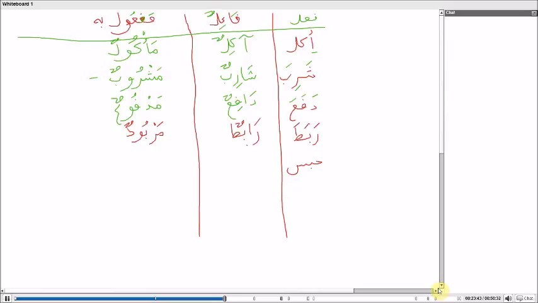So example, a rabit, someone who tied something or linked something. When you tie something, you link it to this pole here, right? You tied it to the pole, you linked it. So a link, like if I send you a link to YouTube, it's called a rabit. Something which links you, because it's doing the linking. That link, that address I send you, links you to the video I want you to go to. It's not the video, it's the link to the video. So it links you to the video.